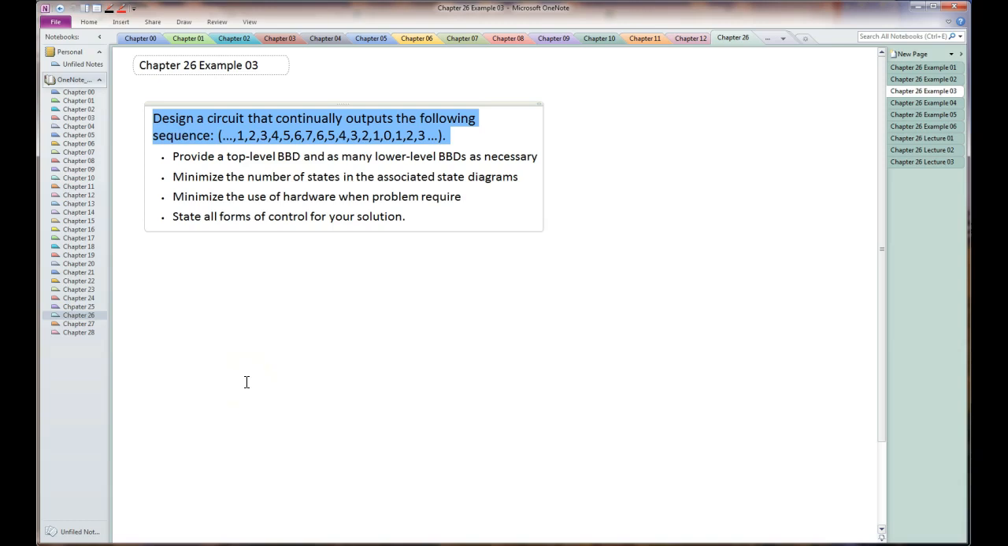This is chapter 26, example 3. And so what we have here is the need to design a counter such that it counts in this sequence. The sequence is kind of special. If you look at it, you can see it's counting up, it hits 7, counts down, hits 0, starts back